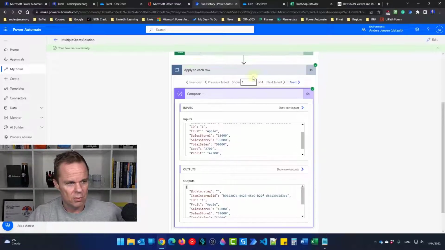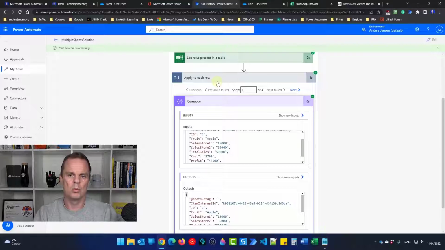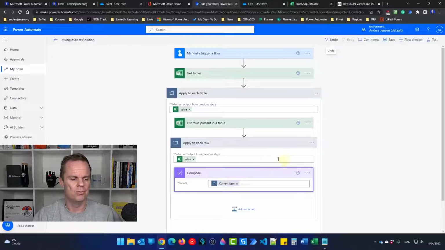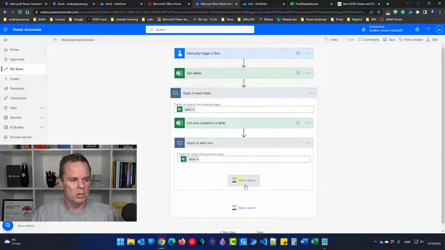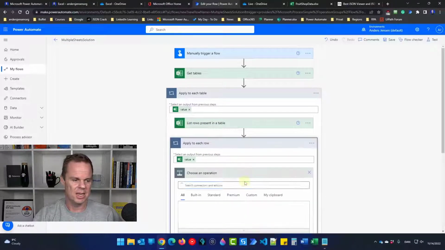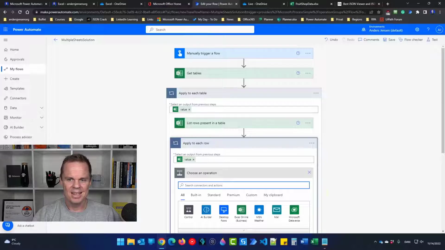And this is just to say for each one of these rows, we want to update a row just as we did before. It will get a little bit more advanced, what we're doing here, but it's not really that complicated. Just delete this compose, and in here apply to each row. This is what we're doing for each one of the rows from the list rows present in the table. Add an action, and here you will have an update a row